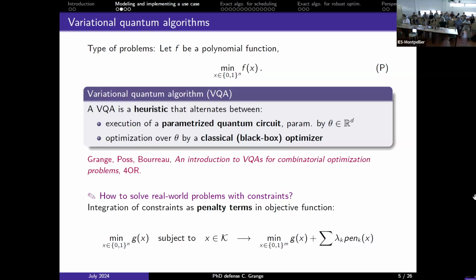Because I want to minimize my initial function, I have to choose the penalty function so that when x satisfies the constraints, the penalty function is equal to 0, or if x violates the constraint, this term is strictly positive because I choose positive penalty coefficients. So this is a way to do so, and we've done it for the railway timetable problem